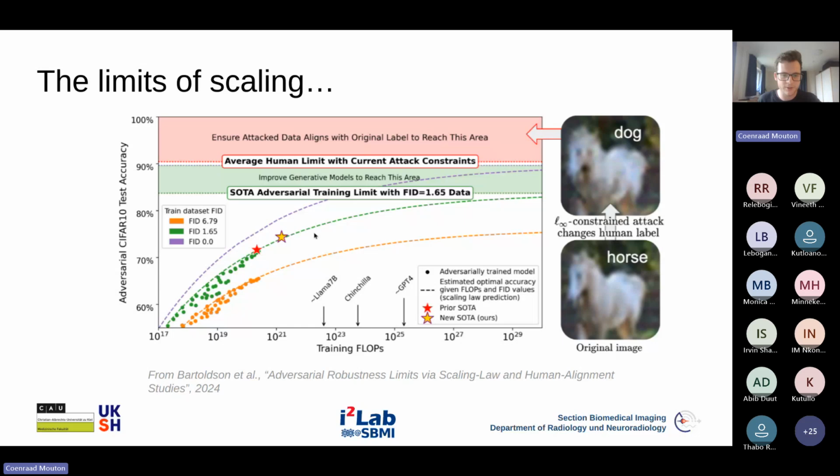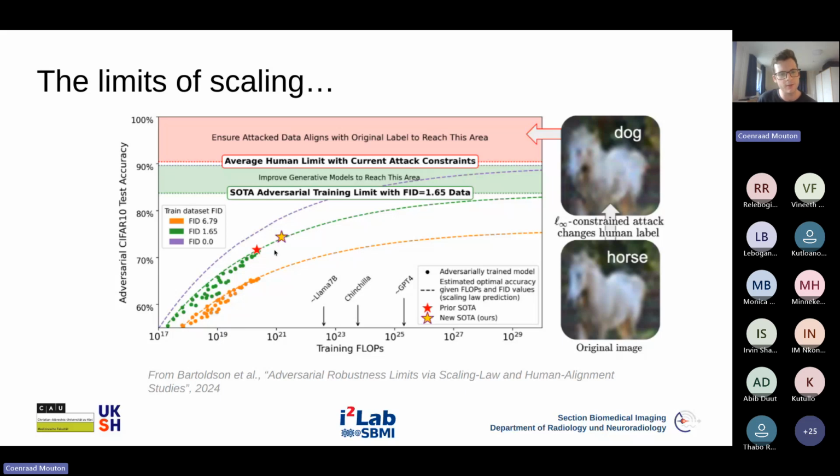Some other interesting things on this graph I could maybe quickly point out are the other lines. They're just showing what would happen if you use different quality of generated samples. What this is measuring is something called Fréchet inception distance. It just measures how well your generated examples match your original distribution, so how realistic your generated images are. You can see that if we use poorer generative models, then this curve looks a bit worse. And if we have a hypothetical perfect generative model, then it looks a bit better.